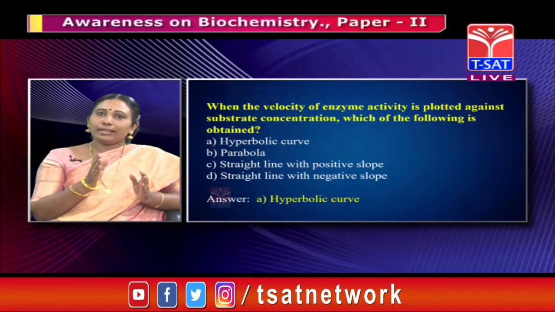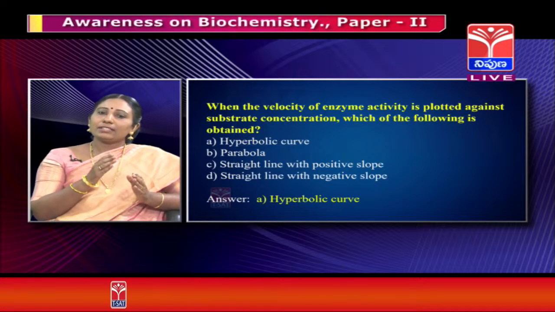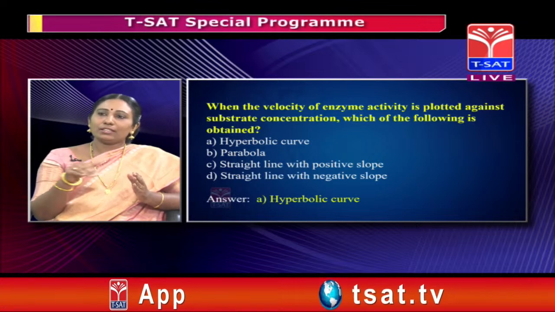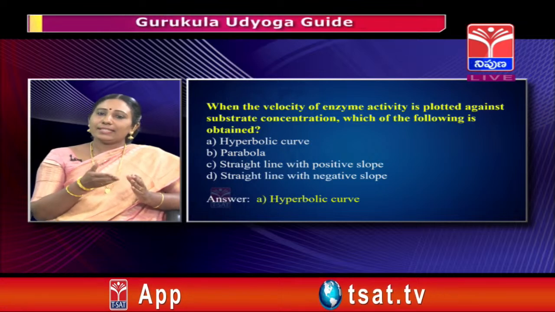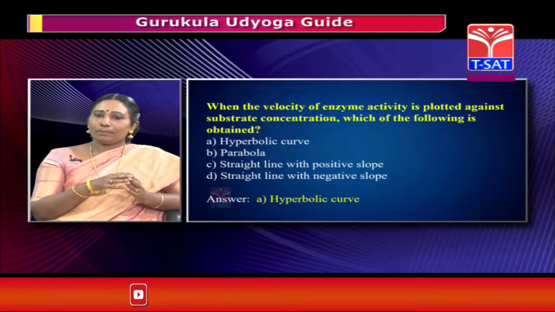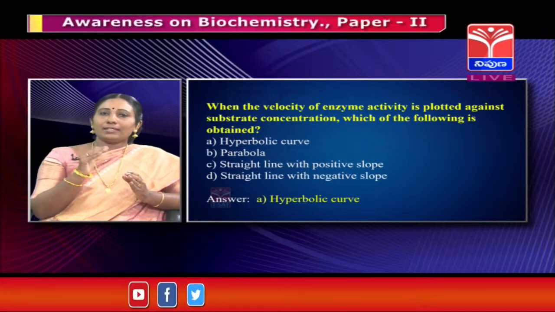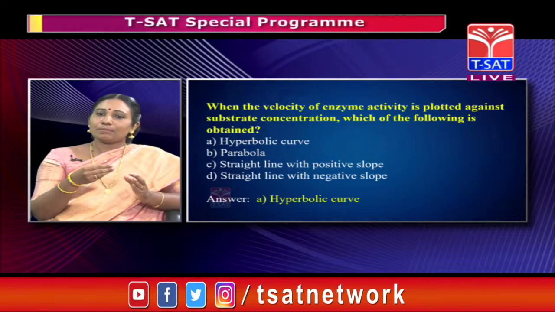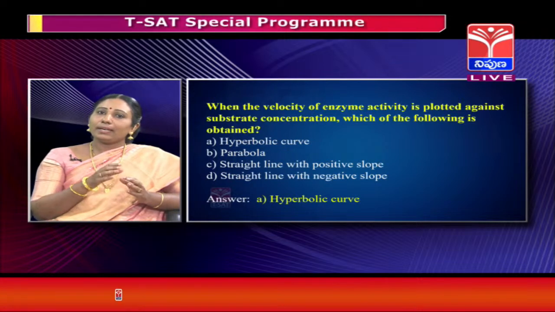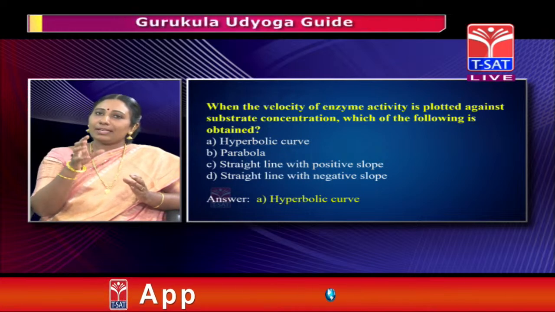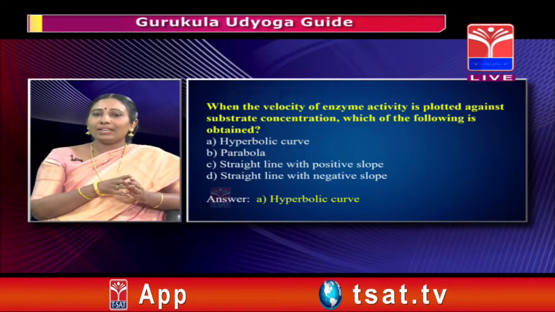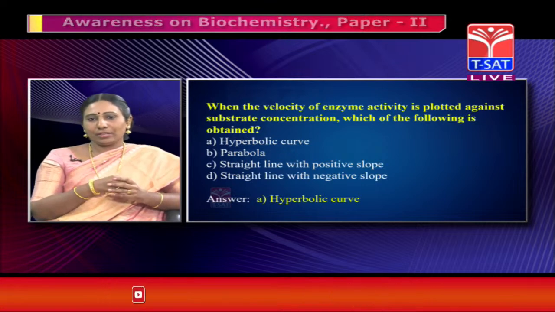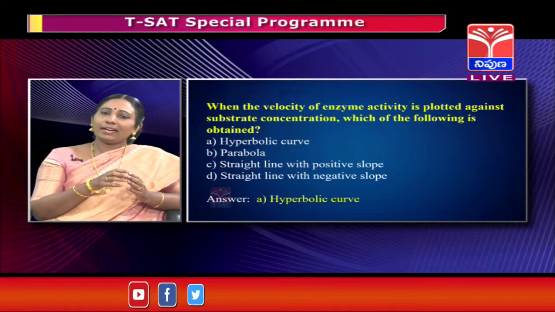It is a plot, right? So you have to plot and see: on the y axis you put velocity, on the x axis you put substrate, and see which of the following is obtained. Naturally the velocity of the enzyme will increase as the substrate concentration increases, but only up to a condition where the saturation of that enzyme takes place. Once the active sites of an enzyme are occupied by the substrates,